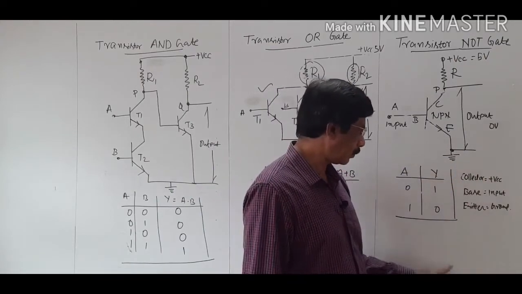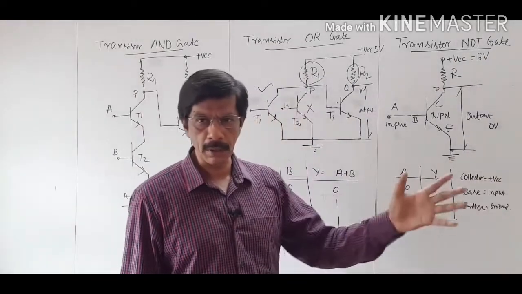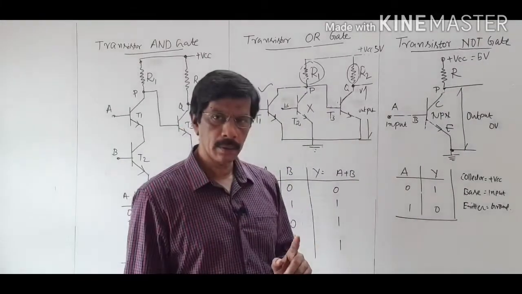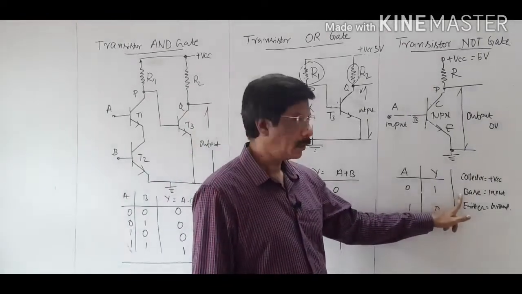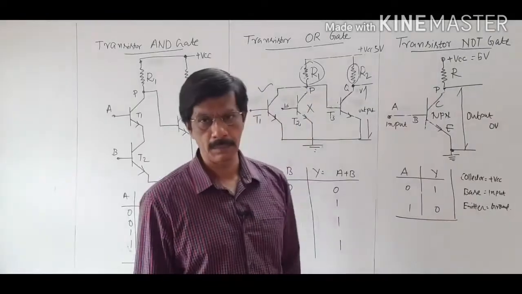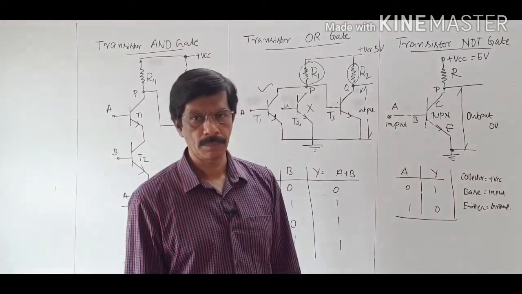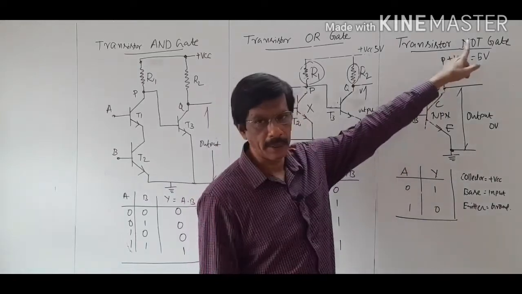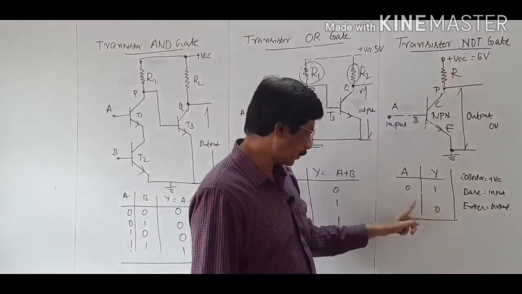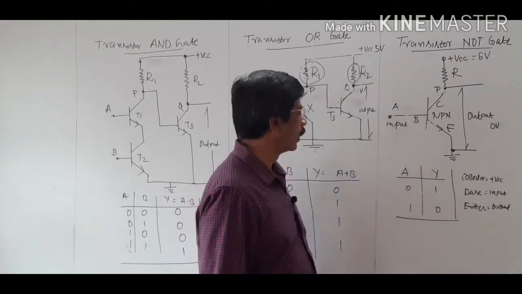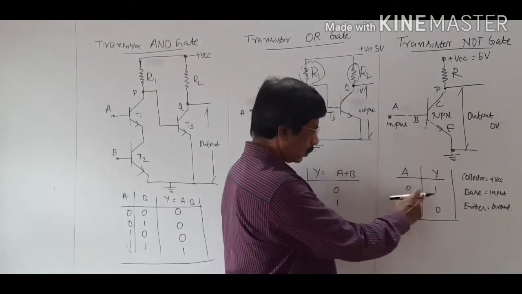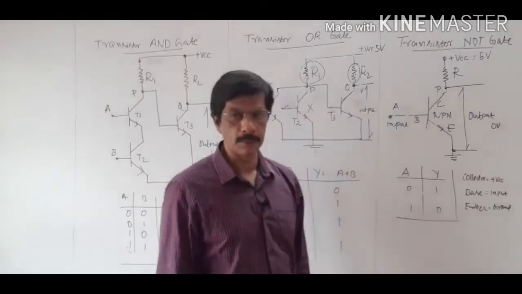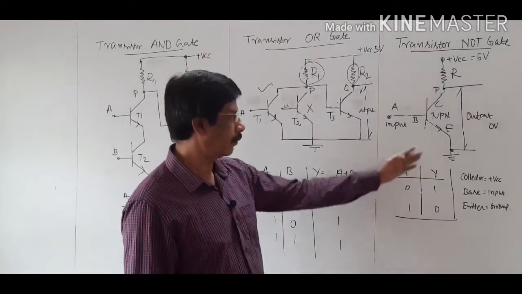These three are very important condition to switch on NPN transistor. If any one condition fails, the transistor never switch on. It is in the cutoff state. Okay. Now let us discuss how this transistor acting as a NOT gate. You know that the truth table of NOT gate, input A is equal to 0, output is equal to 1, input A is equal to 1, output is equal to 0. How this? With the help of this circuit.